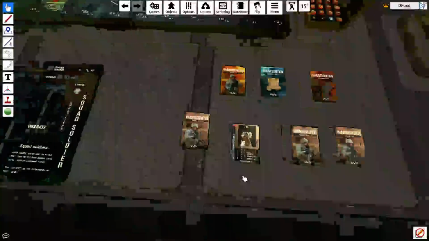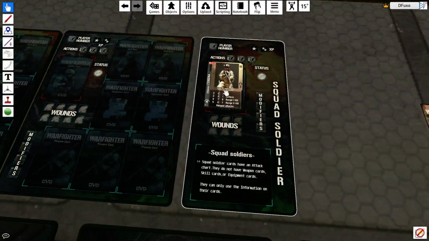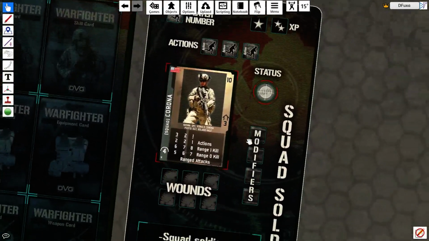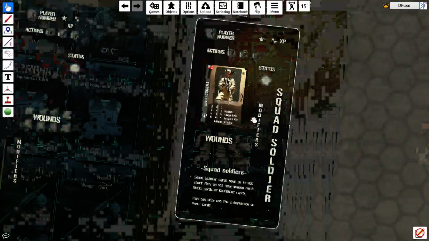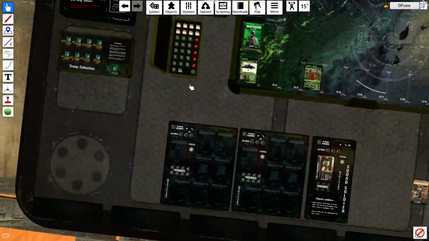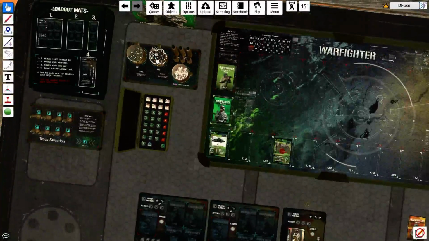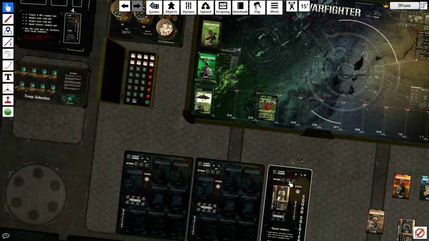Let's grab our squad soldier first, I think. So let's grab Corona. Corona is a guy who does dice rolls for you. He gets a couple actions, and he rolls 1 die to kill stuff whenever he gets a chance. We're going to give him a D10, and 2 actions, because that's all he can do in his turn,